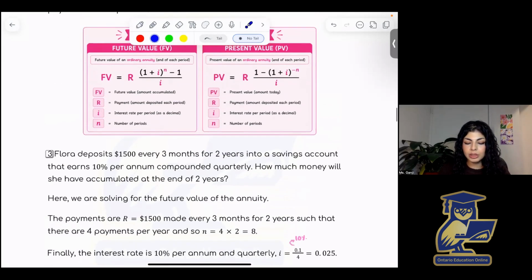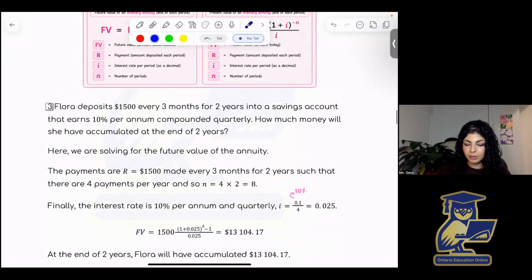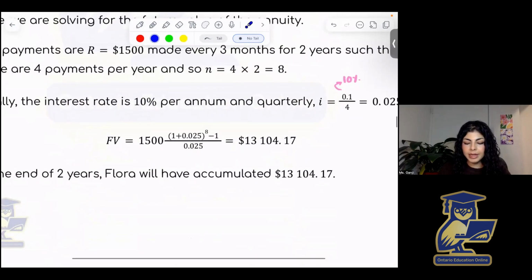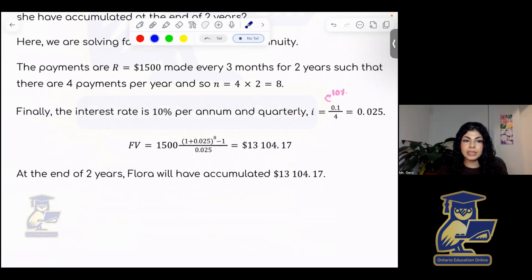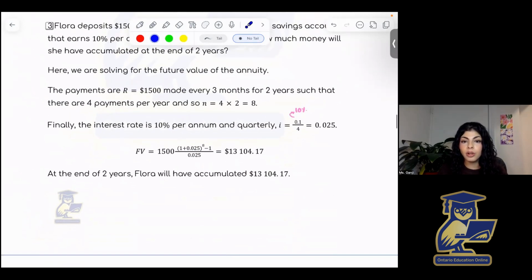And then the rest we just get from the formula, minus 1 here, and then divide by I again, and we find that we have $13,104.17. So at the end of 2 years, Flora will have accumulated $13,104.17. And again, I could ask you here how much was earned in interest as compared to how much was